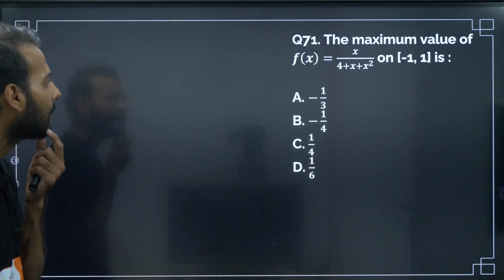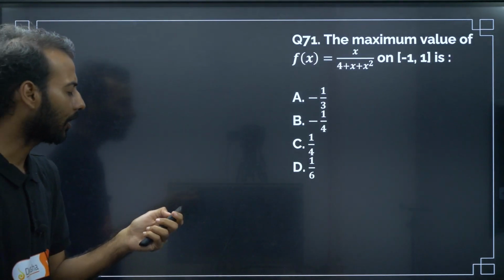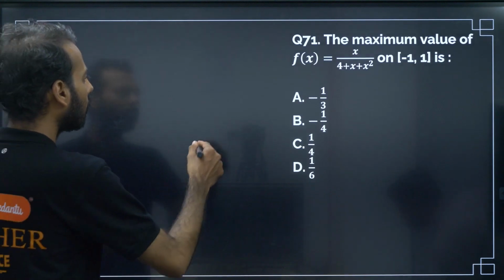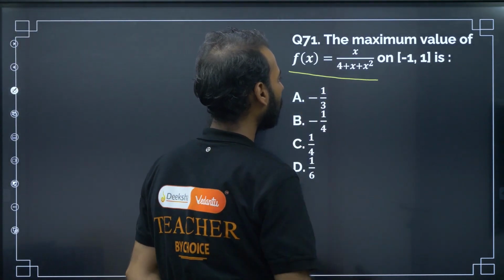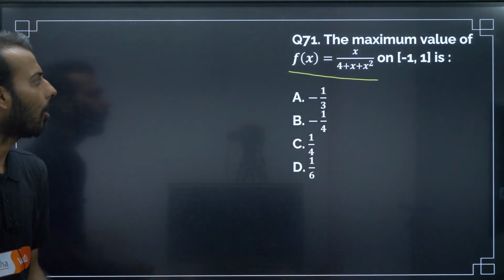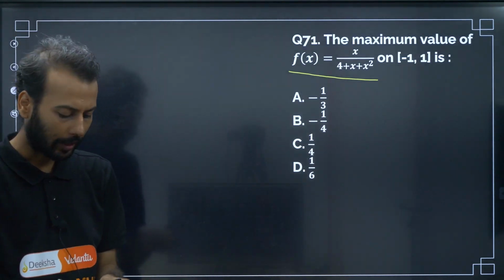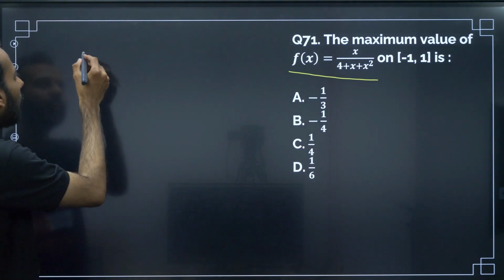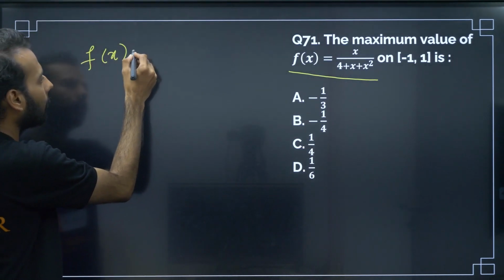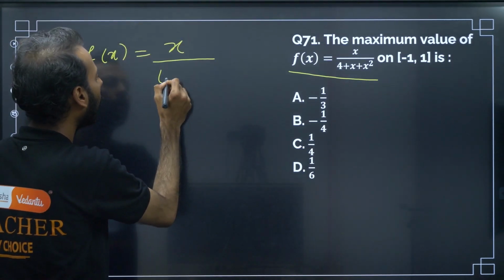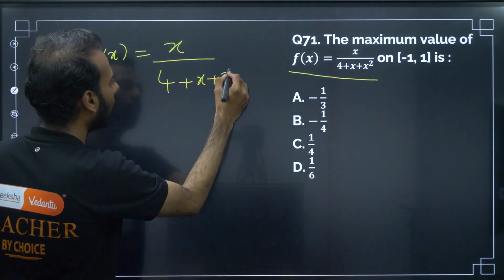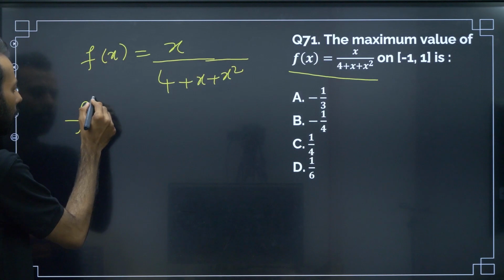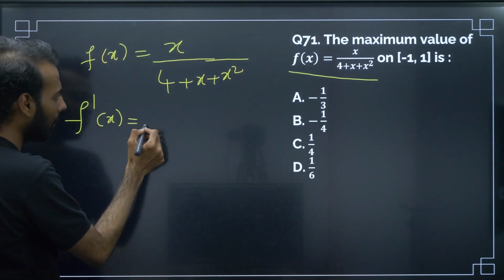71st question, they have given some function and they are asking to find the maximum value of this. So this question belongs to the application of derivatives chapter. Try to recall maximum value, minimum value, absolute maximum, absolute minimum, all those. So whenever they're asking to find the maximum value, generally we go for finding f dash. So differentiate this with respect to x, then